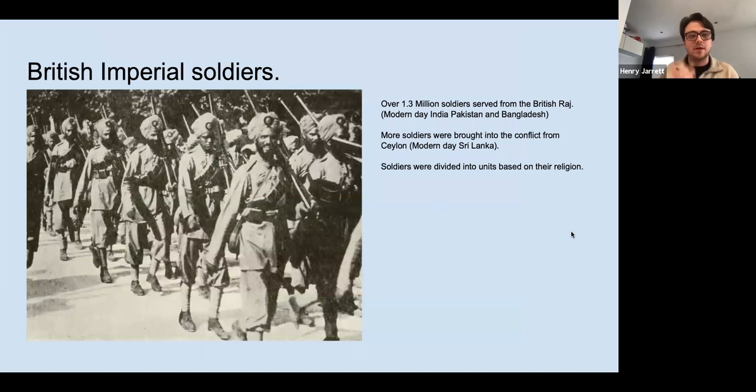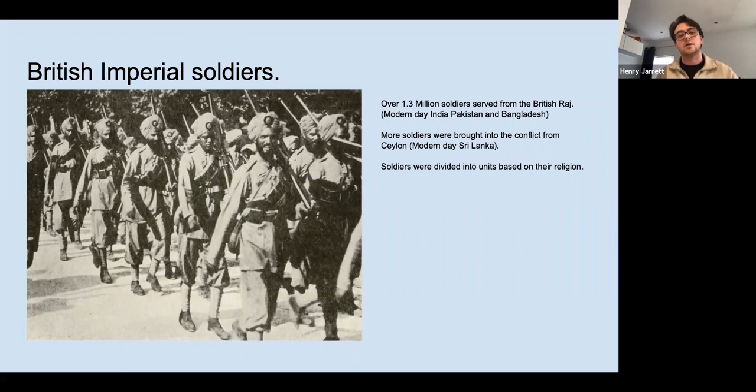Yeah, so following up from what Tom said in regards to foreign soldiers contributing to the British war effort, I paid particular attention to looking at imperial soldiers from the British Empire that contributed heavily to the war effort, but don't really get a look in Key Stage 3 curriculums to an extent great enough in comparison to their contribution. So on the screen right now, you should be able to see a picture of some Indian